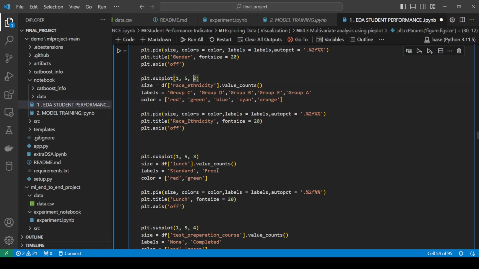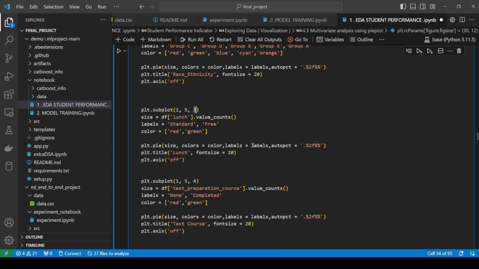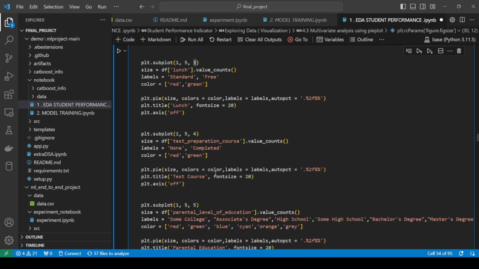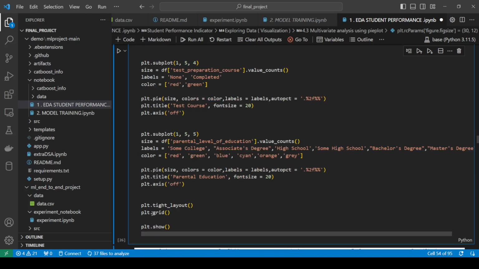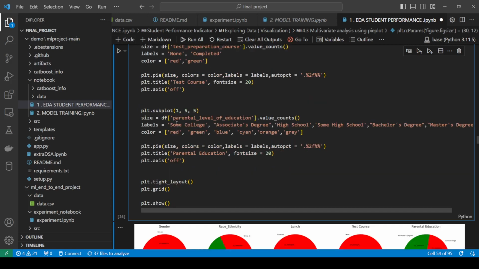Then we again use the third one, which is lunch, with label and color, then the fourth, and then the fifth subplot. Then we call plt.tight_layout, which shows all the graphs in one,